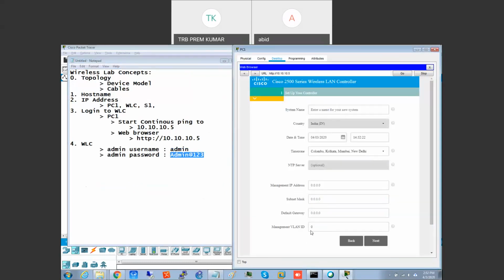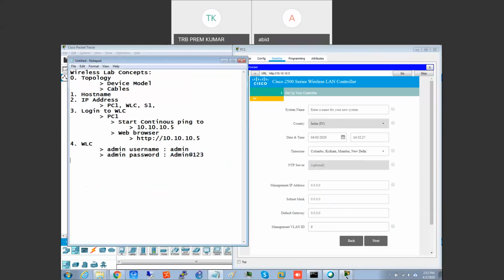Now, any specific password requirements we have here, like minimum 8 characters? That's why I'm giving capital A. If you don't give it, there are capital letters and all required. That's why I'm giving this password. Otherwise, it will not work. Okay, got it. So that red color will not go. It will never go.